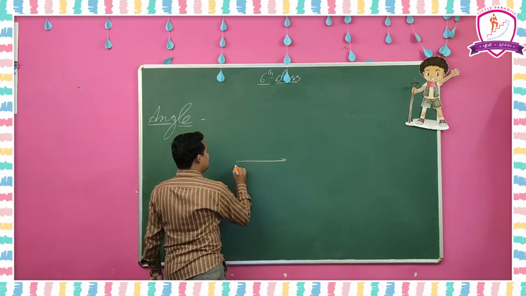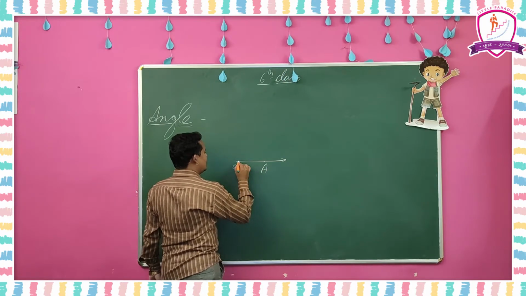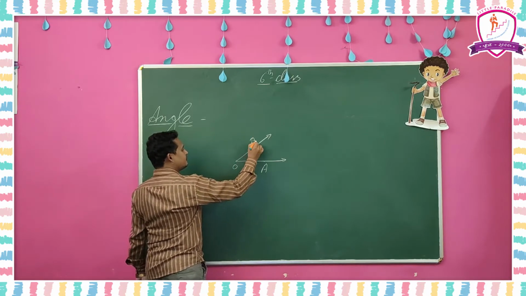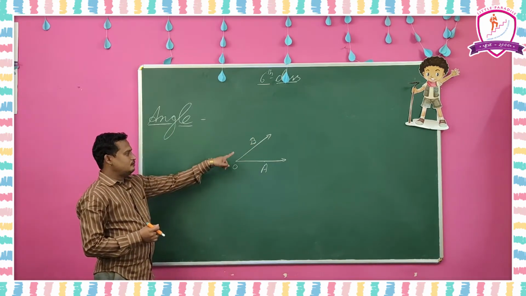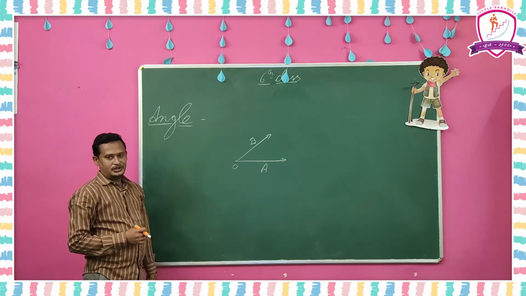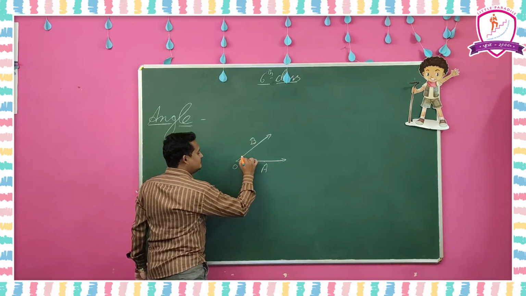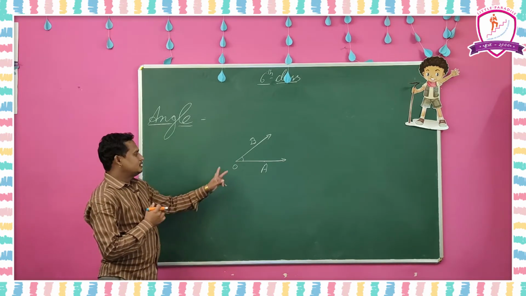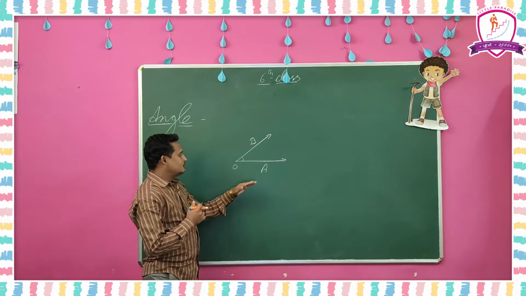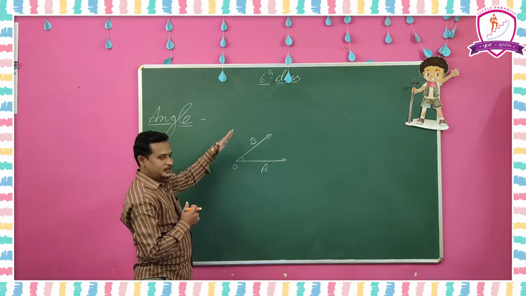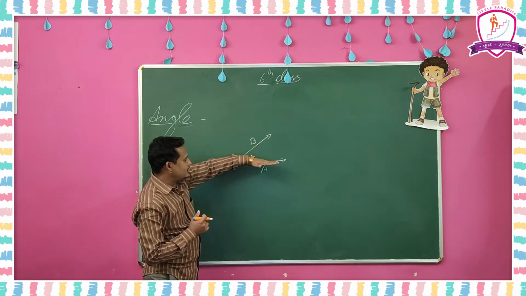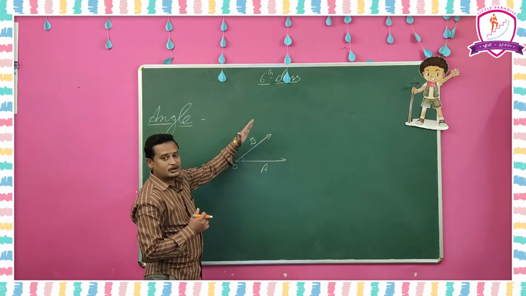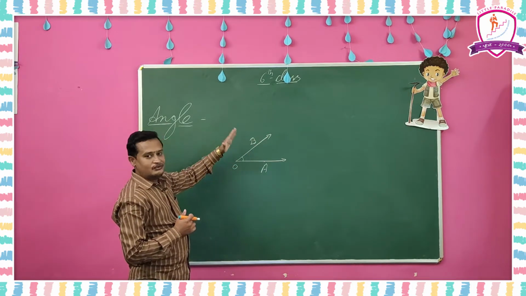Here OA is a ray, and I am going to draw another ray, that is OB ray. Here OA and OB, two rays, start at O only. At this place the angle will form, in the region of rotation from A to B. So here OA is a ray, and here is the OB ray. The rotation between the OA ray and OB